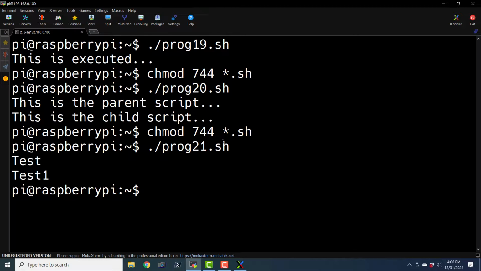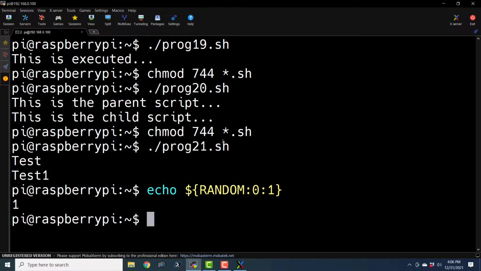Now we are going to see how we can use random numbers in shell scripting. I can just say echo $RANDOM, and if I hit enter, it is going to show me a random number.